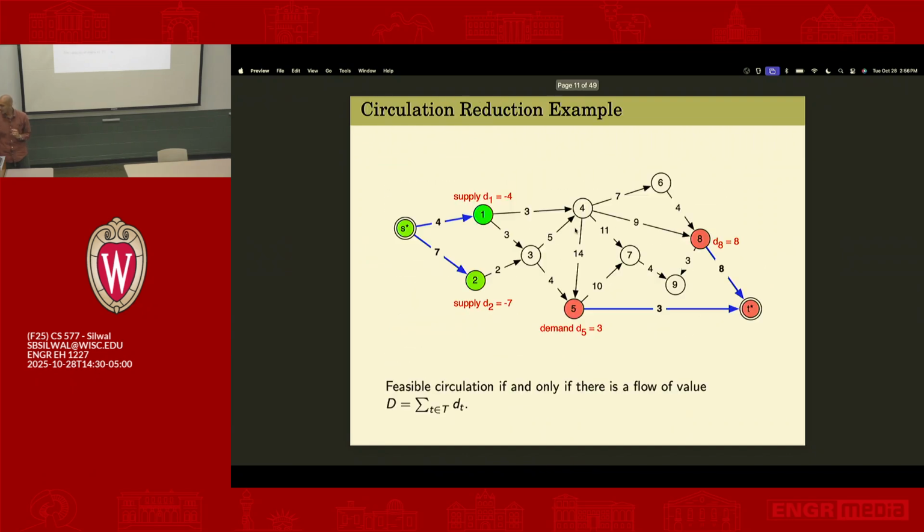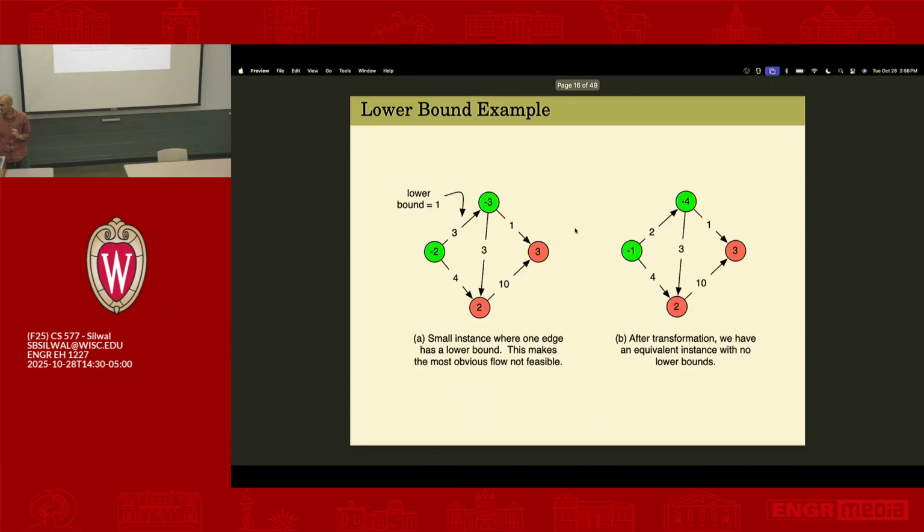So in this previous example, what does the lower bound of 1 mean? That means I had to force at least 1 unit of flow to go here. That was part of the input problem. Previously, in all the flow problems we talked about, you could put 0 things on an edge and you'd be happy. So how do I transform this setting where I have to force 1 thing to a setting where I'm happy with 0? Well, by sneakily putting in 1 unit already. If I put 1 unit of flow already on that edge, and I pretend it doesn't exist,